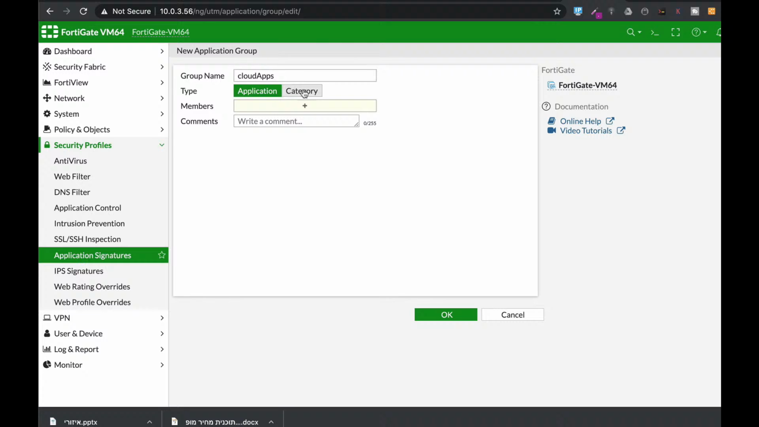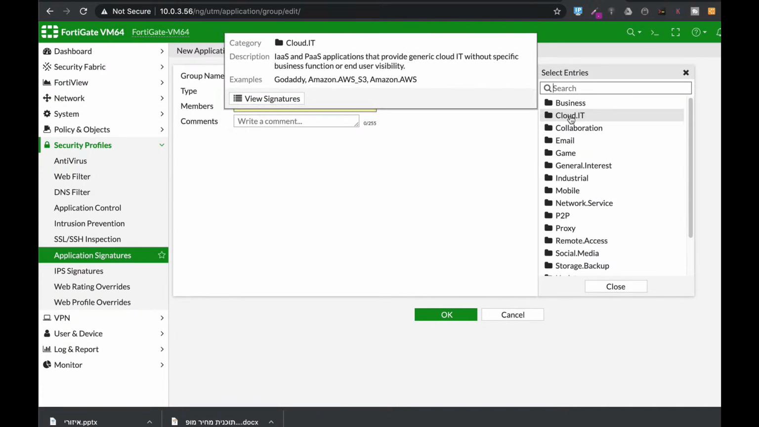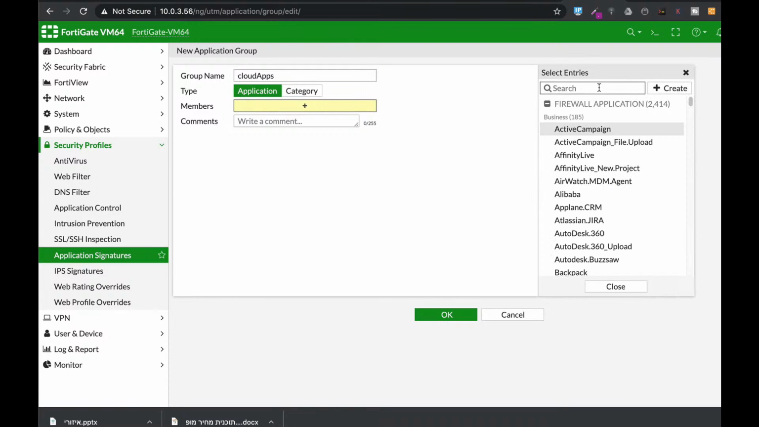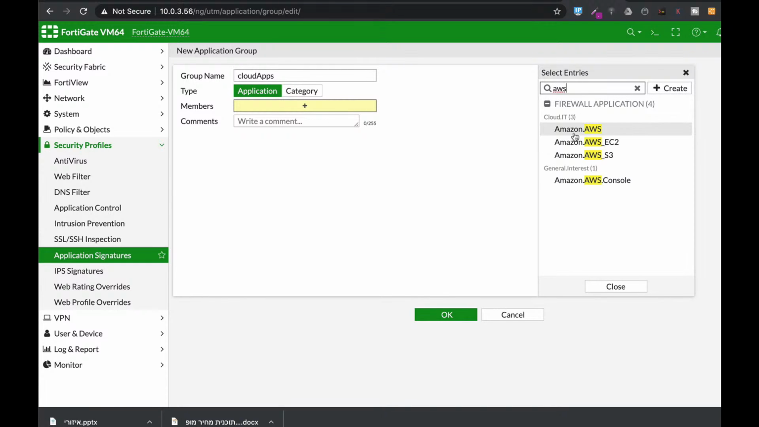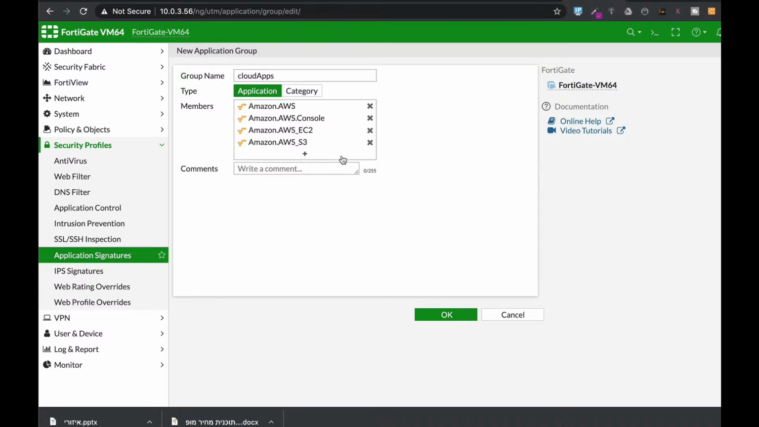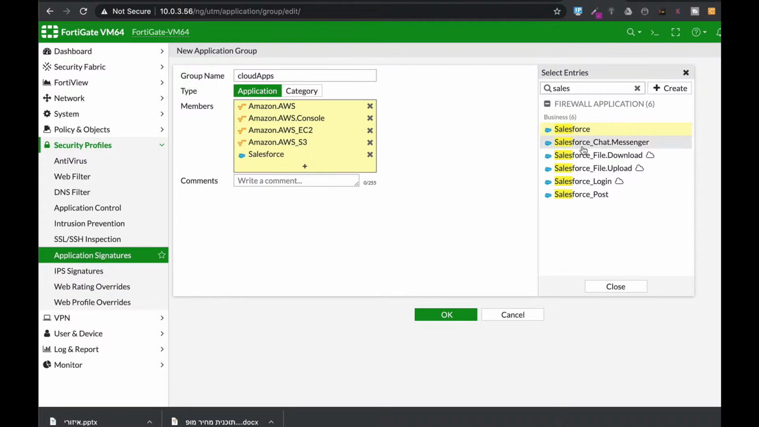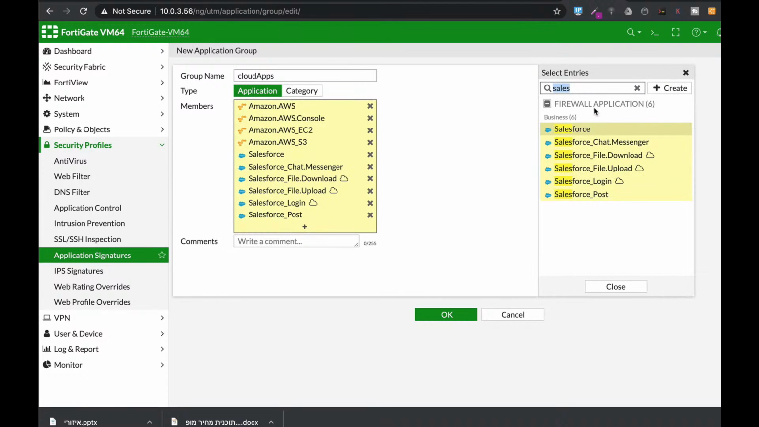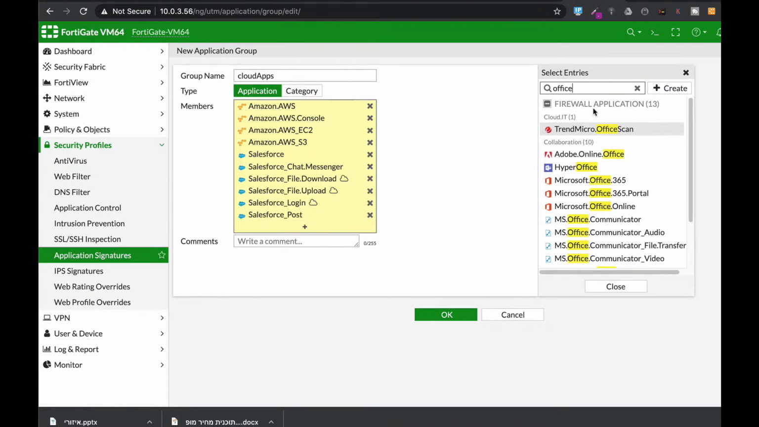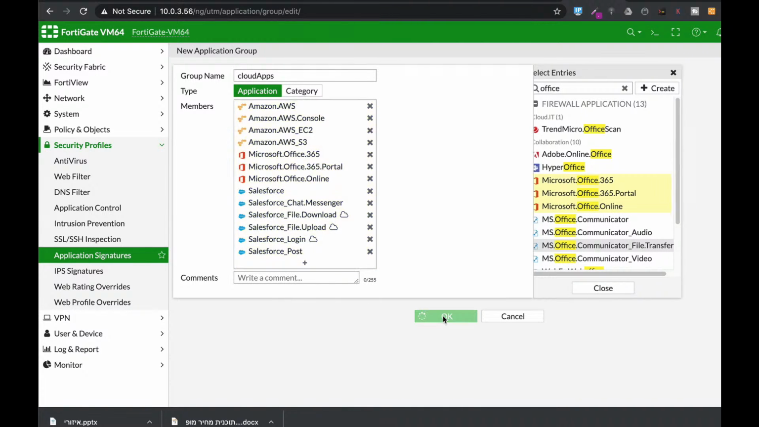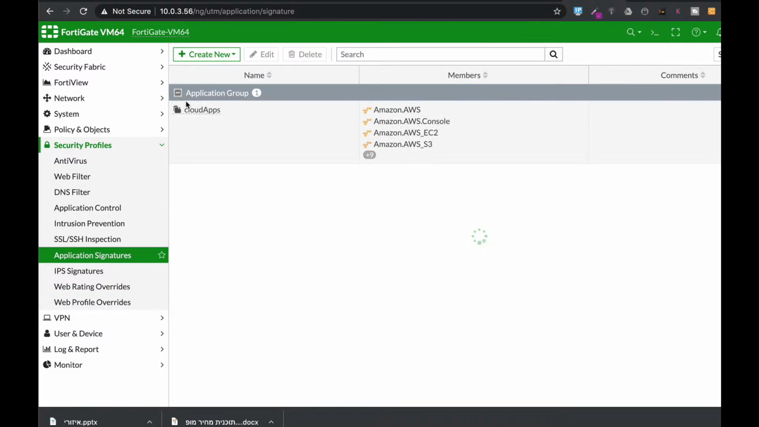And from here we can actually use the category, which can be cloud IT, or we can actually select our applications. So let's use the AWS, which we use often. Let's add up Salesforce. All right. And let's add up Office 365. There we have it. Now, let's just save our application group. We can see that we have a new application group that includes all of our cloud apps that our workers